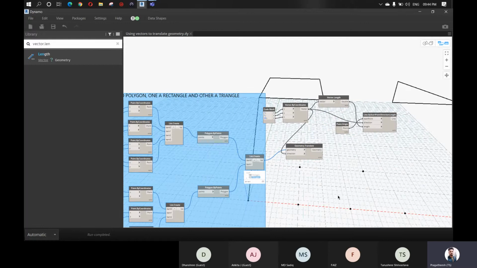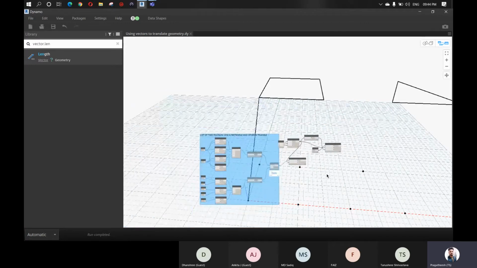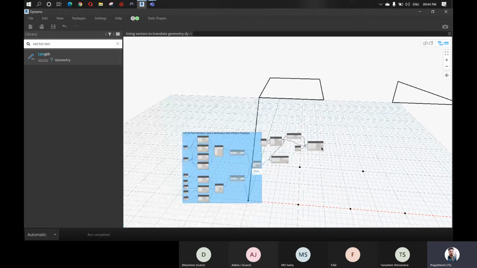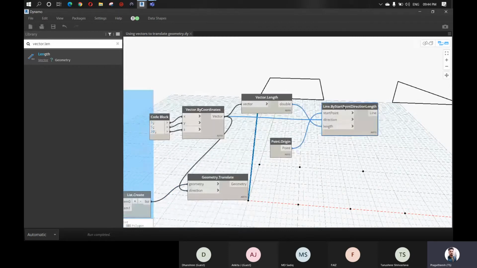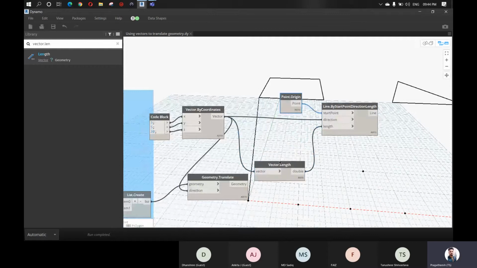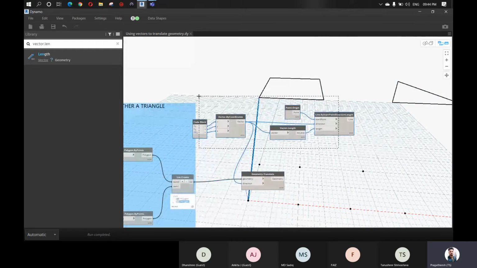Now let's do some functions like rotate, mirror, etc. So first let me arrange this so that you will not get confused. First is the point origin, next is the vector length, then the direction. Okay, here is the geometry.translate.